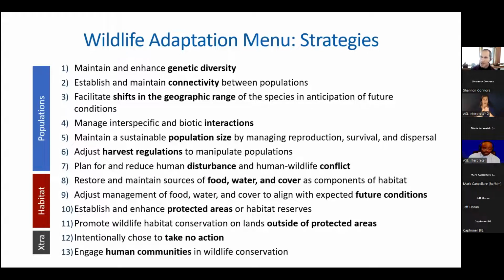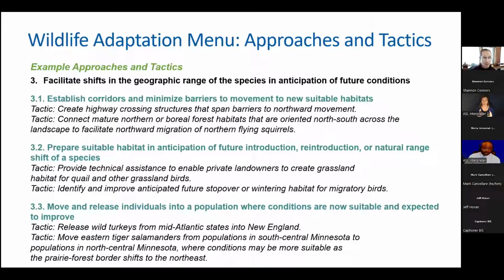So to show you the next level down, these are general strategies. What do some of the more specific approaches look like? Just picking a couple of these strategies. Number 3 was facilitating shifts in the geographic range of a species in anticipation of future conditions. Underneath that general idea, there's a whole host, 5 or 6 or more, specific approaches. I'm showing you just 3 of them here.